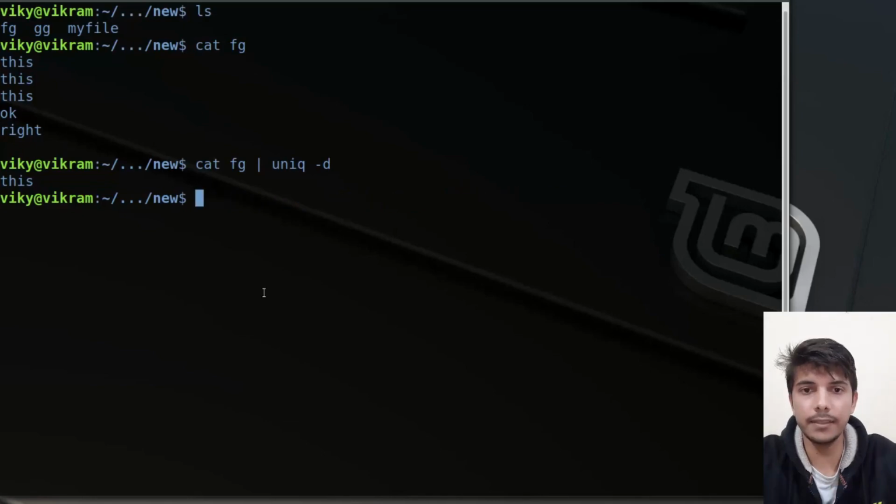Now one last thing I want to tell you: all the standard input redirection that we studied so far is for the bash shell. It is possible that if you are using any other shell like tcsh or csh, the way of using standard redirection will change a little bit. So keep this point in mind. Since bash is most widely used, I told you about using the bash shell.